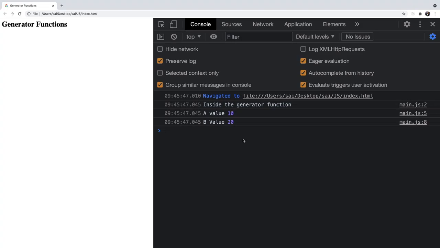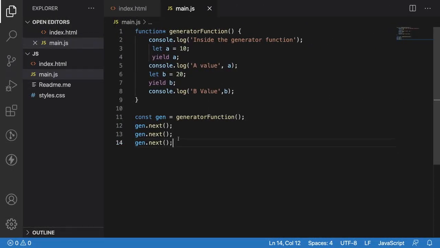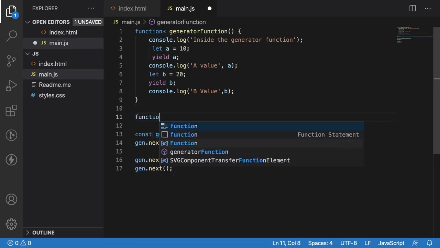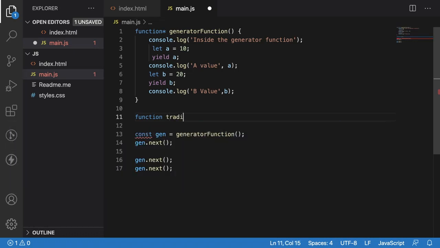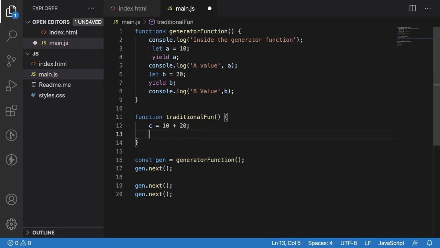If you want to stop, you can use the yield keyword, and if you want to resume, you can use the next method. So now I have used the next method and am trying to execute the remaining statements. How does it help us? For example, I have some other traditional function, and in this I want to execute some a plus b operation, c equal to 10 plus 20, and let me print that c